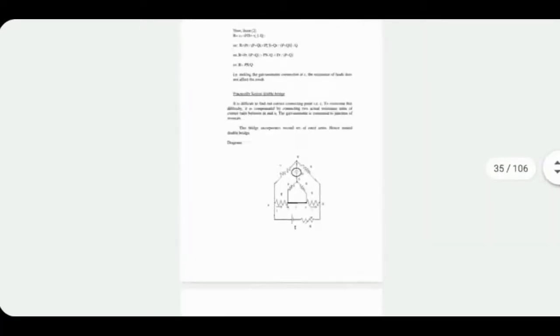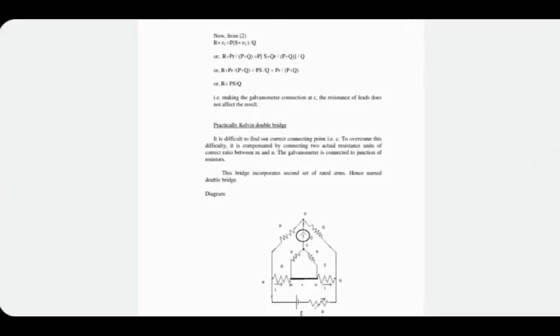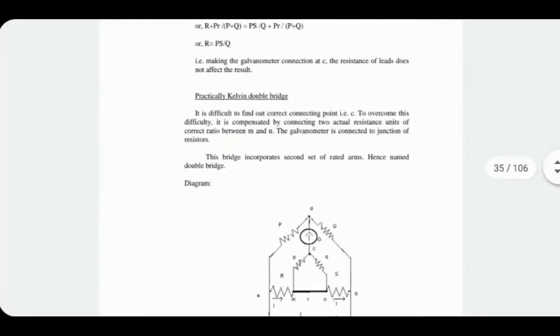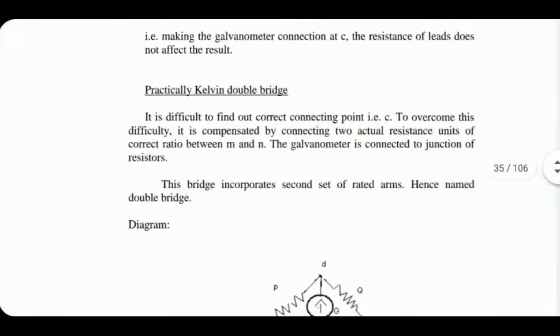Kelvin's bridges. The basic problem, see, you have to understand one thing. I don't want you to know all the details of these methods. I want you to appreciate their advantages and disadvantages. That's more important for you as a mechanical engineer. There's a lot of electrical engineering inside. Probably you don't care much about it. I realize that, okay?